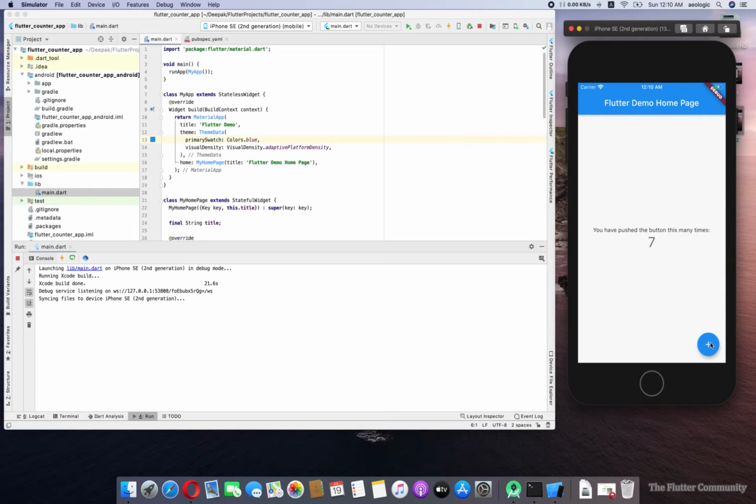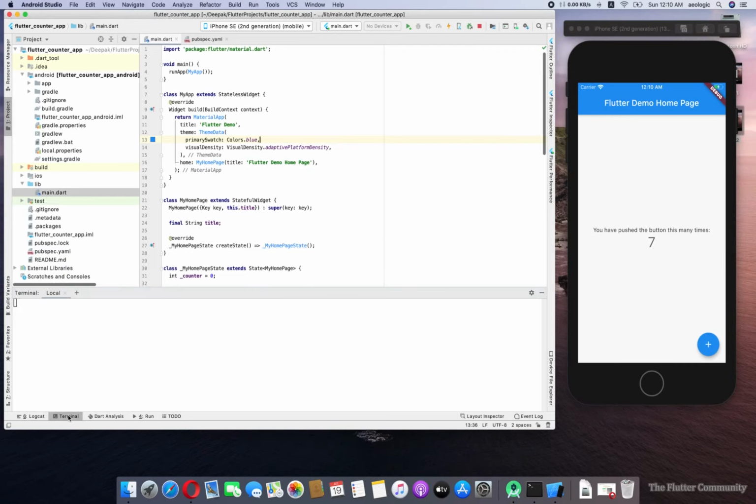This is all about what we are going to cover in this section. Now we have set up the Flutter SDK and Flutter plugins with Android Studio. Now we are able to run our first counter application given by the Flutter framework. Now we will check whether the Flutter command is working or not. So I'm going to the terminal section, and now I'm typing flutter. Yeah, it's showing command not found: flutter, because we have not set up the Flutter path in the environment variable.